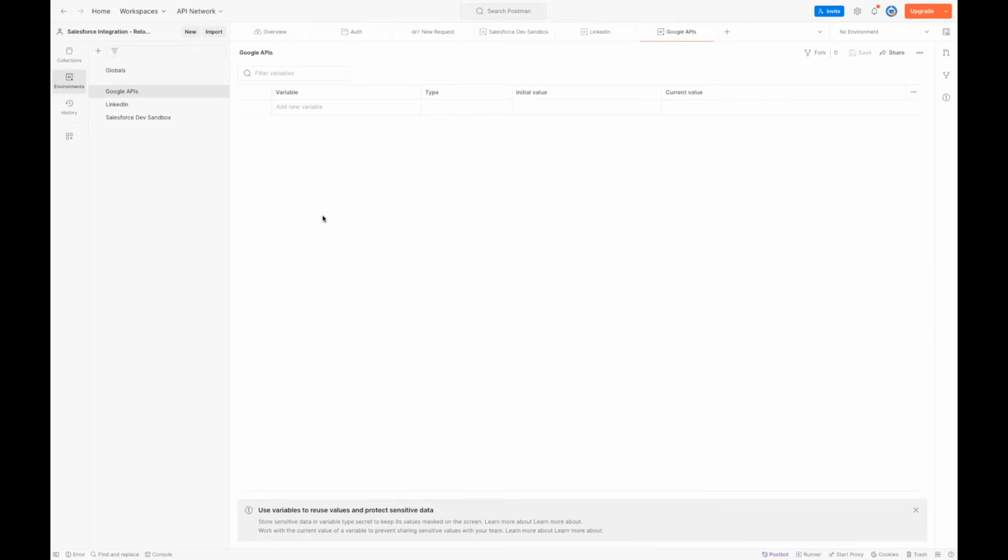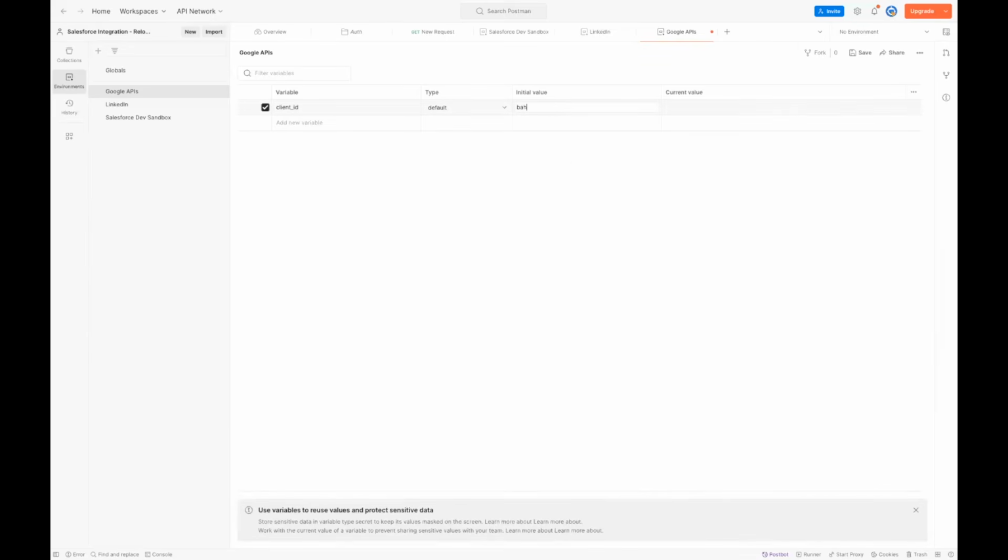So what we are going to do is, as soon as we create an environment, it gives us an option to create variables, right? Like type of default. Let's say I say client ID or something, just for example, don't worry about this. And then what is the type? It is a default. Default means if I say ABC underscore, this is going to be visible to all the